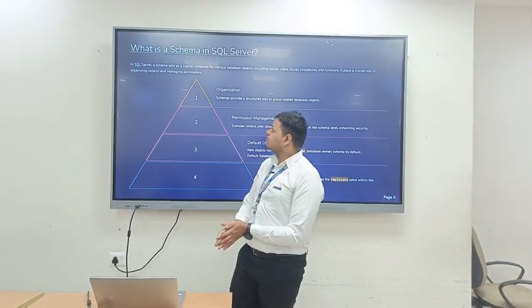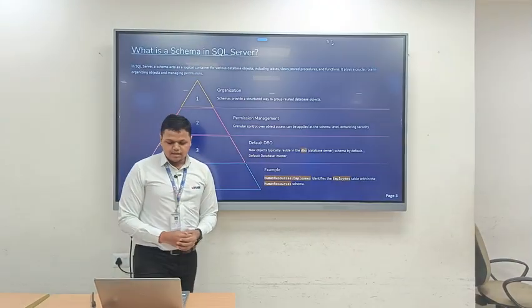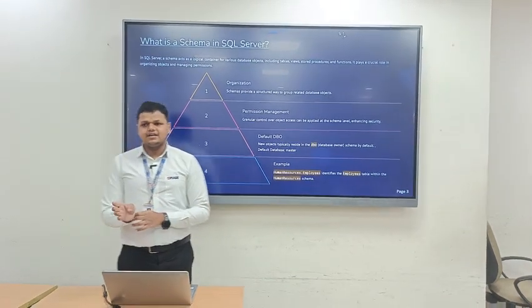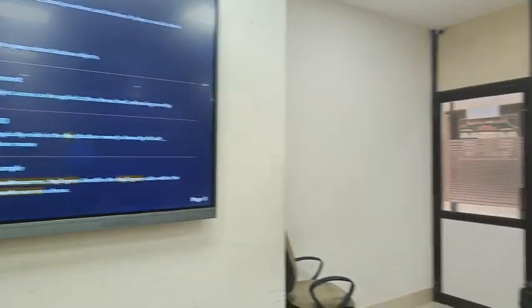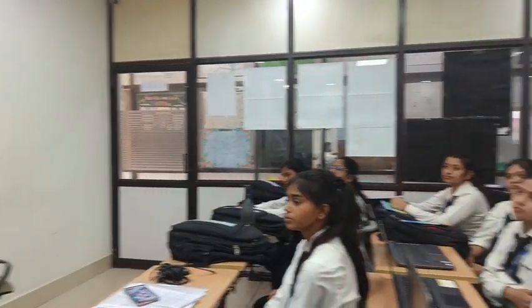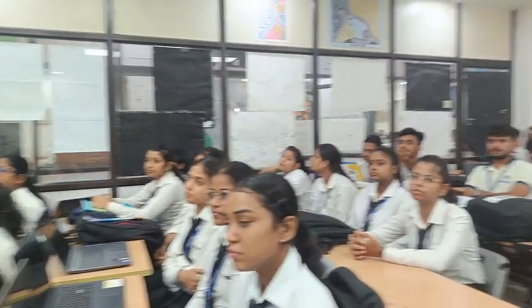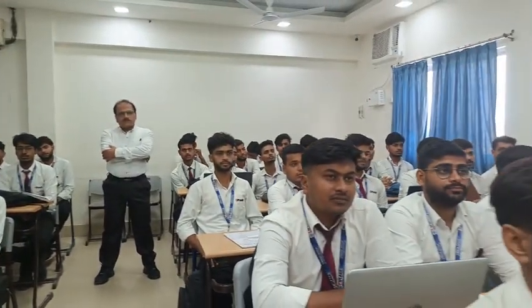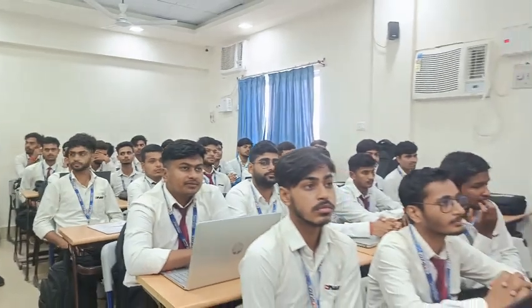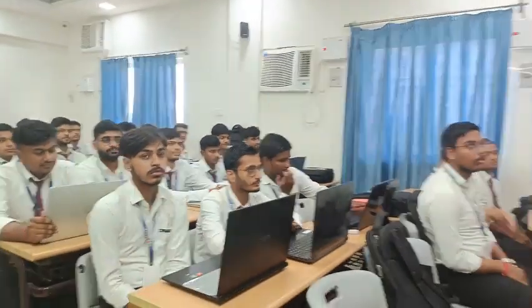Now we can see what a schema in SQL Server is. A schema acts as a container that stores objects, tables, views, and functionalities of the database. And here we can see 4 points that are features of schema.